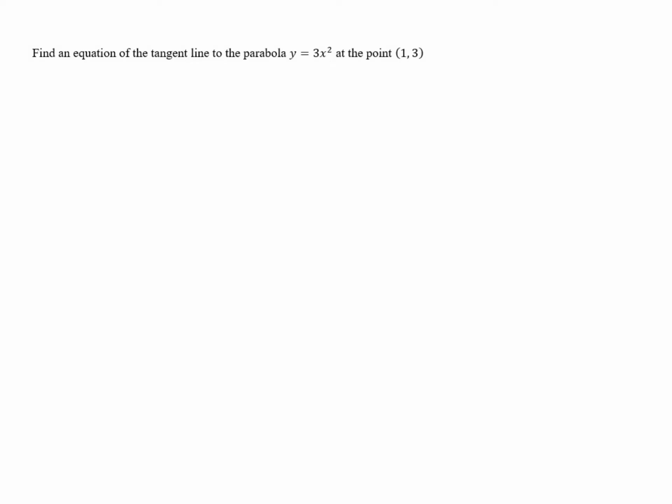Find an equation of the tangent line to the parabola y equals 3x squared at the point (1, 3). So here our function, I'm going to write it as f of x just to make life a little easier, is 3x squared. Now if we want the equation of the tangent line at that point, we've got the point,